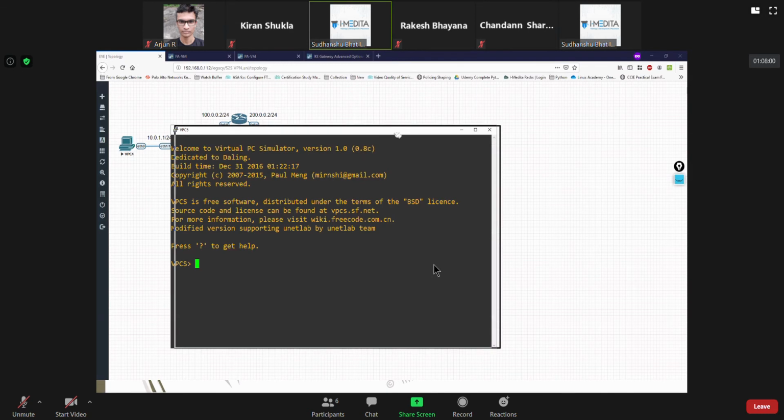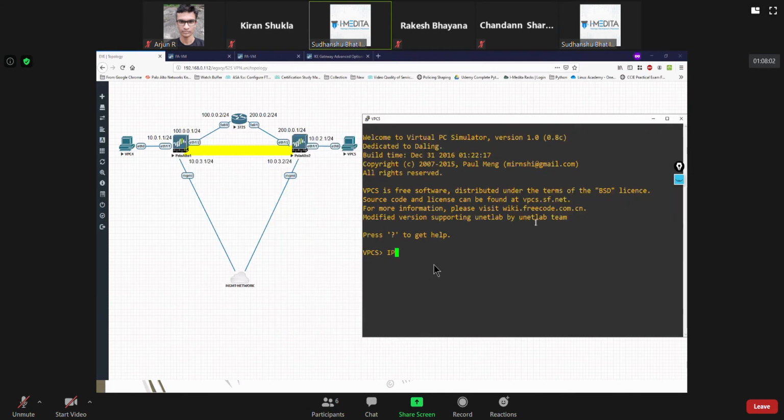Okay, let's configure VPC 5 with the IP address 10.0.2.11/24 and gateway is 10.0. Okay.